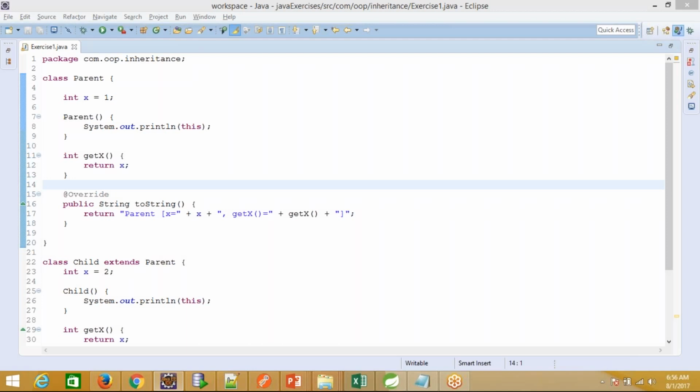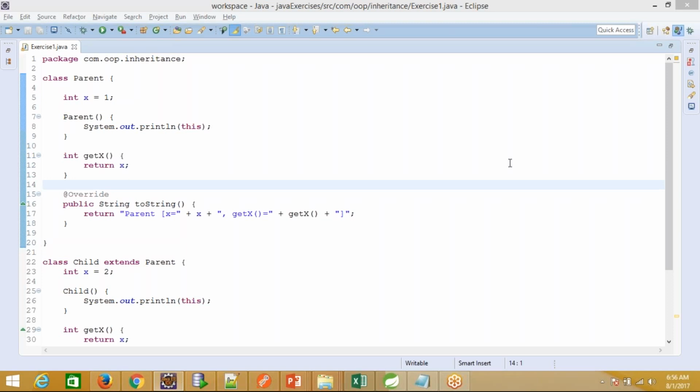I'm not going to execute this program here, and I would recommend you to spare 5 or 10 minutes yourself, execute the same program in your respective IDE and cross-check the output you have provided.